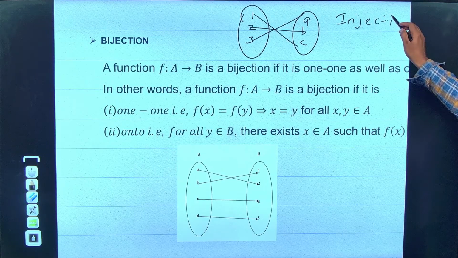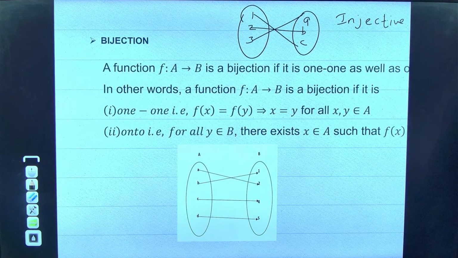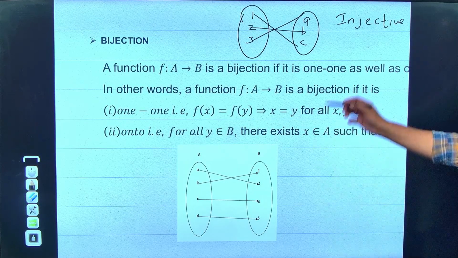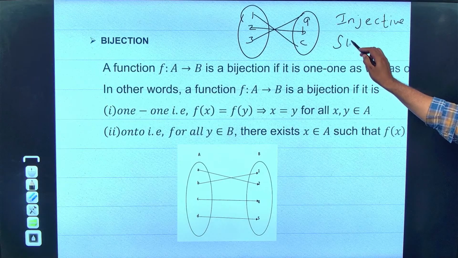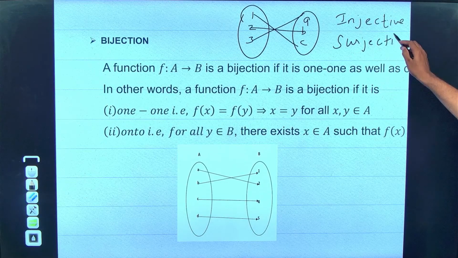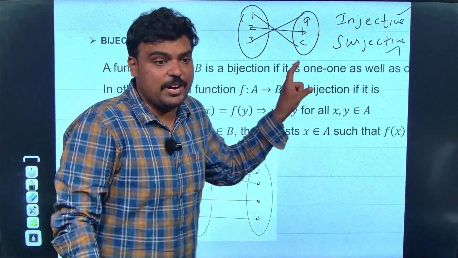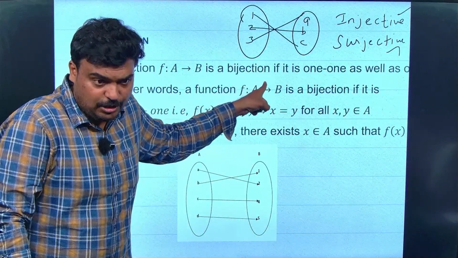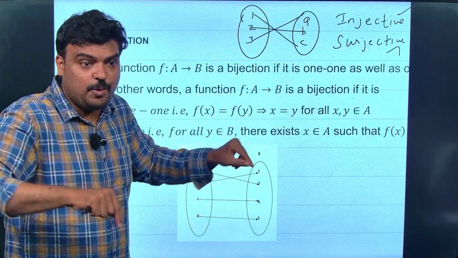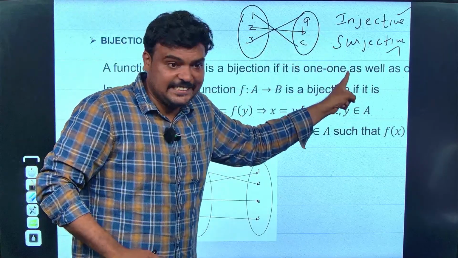Then, sir, this is also a surjective function and also bijective. Yes, it is also injective, it is also surjective. In other words, it's a one to one function, also an onto function. Since it is one to one and onto, that is injection and surjection.